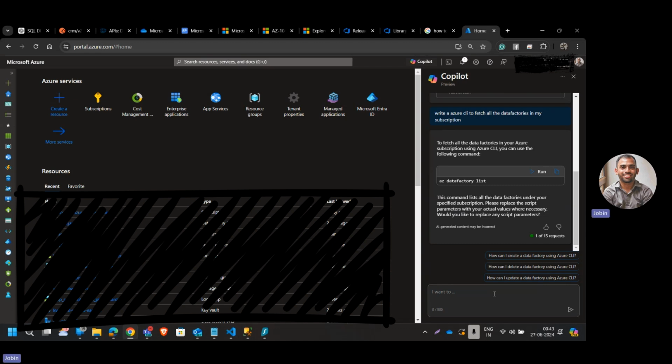So in the suggestions, you can see it has provided us various other options, such as how can I create data factory using Azure CLI? How can I create or delete or update data factory using Azure CLI? So we can also click on that in order to know how we can do that. So meanwhile, I'll just ask it to fetch the trigger and details of any data factory. So I'll ask,